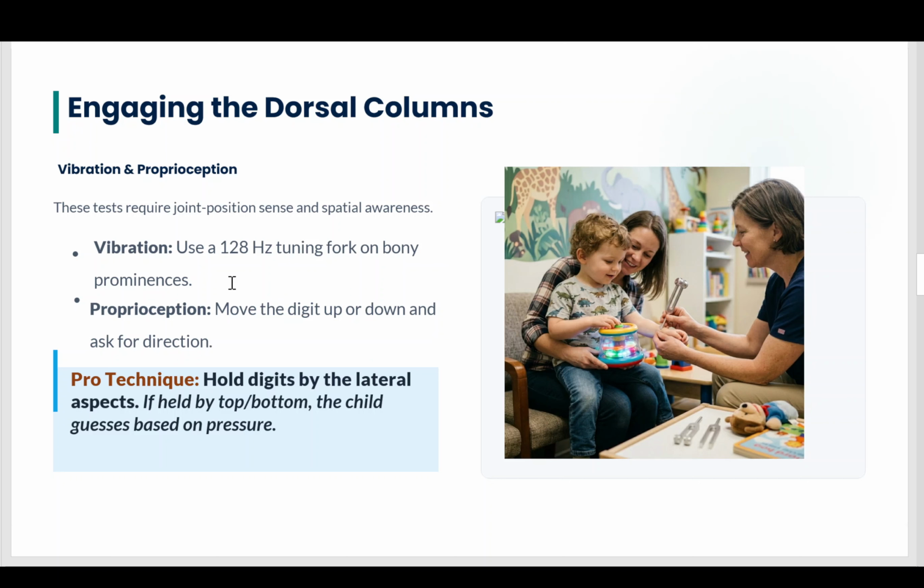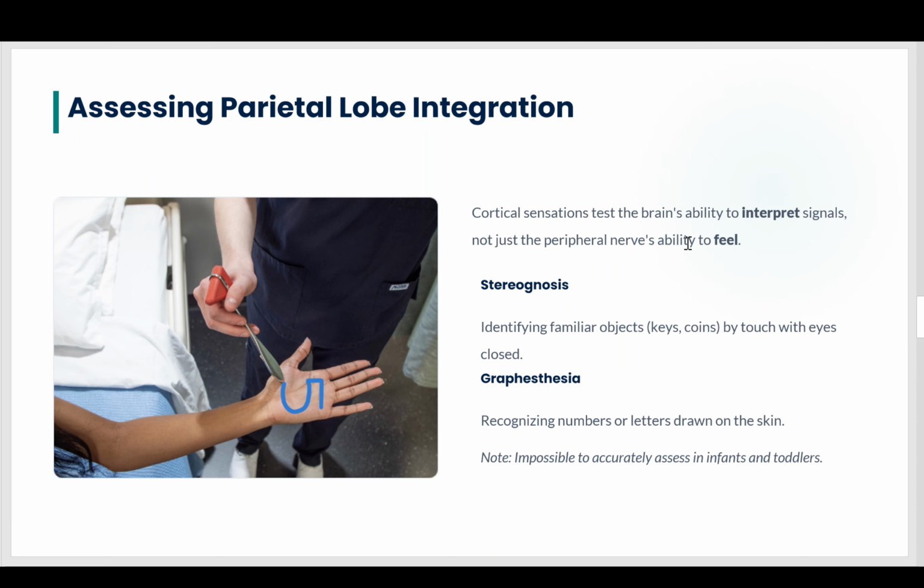Higher level sensations, like the parietal lobe integration, are tested by assessing the brain's ability to interpret the peripheral nerve signals. Two of the common techniques to use are stereognosis and graphesthesia. One error that students mostly commit is that while attempting graphesthesia, they should first understand the ability